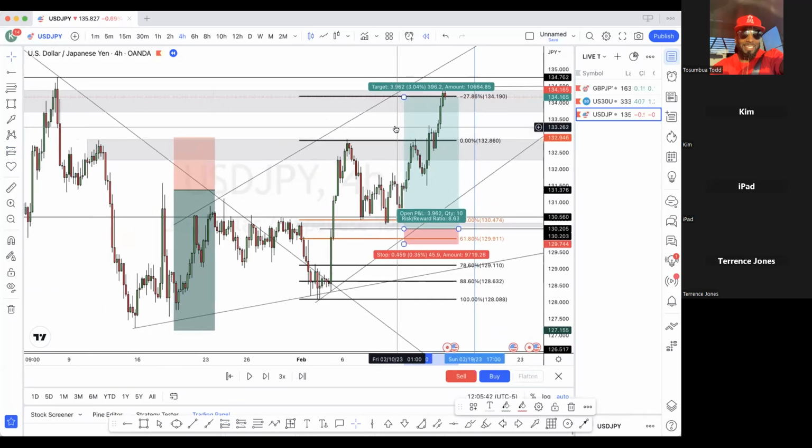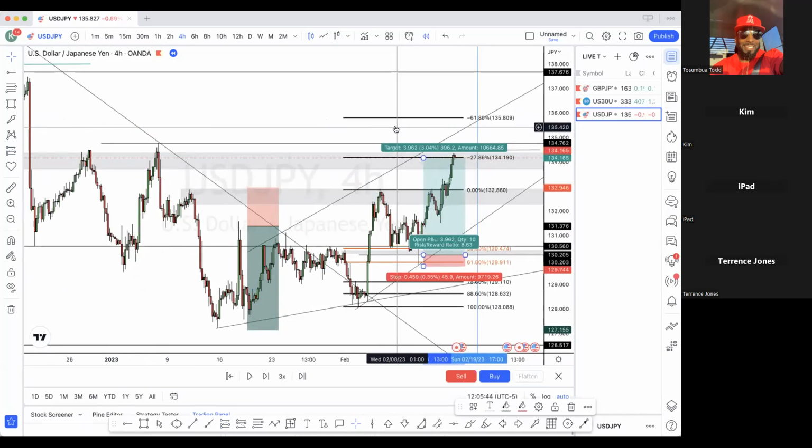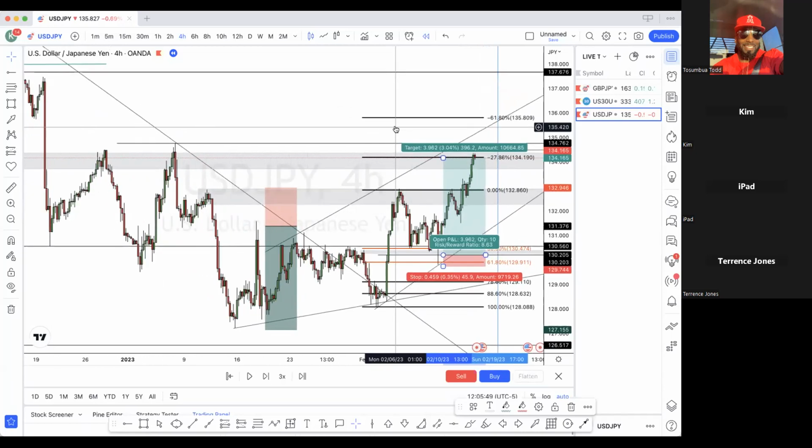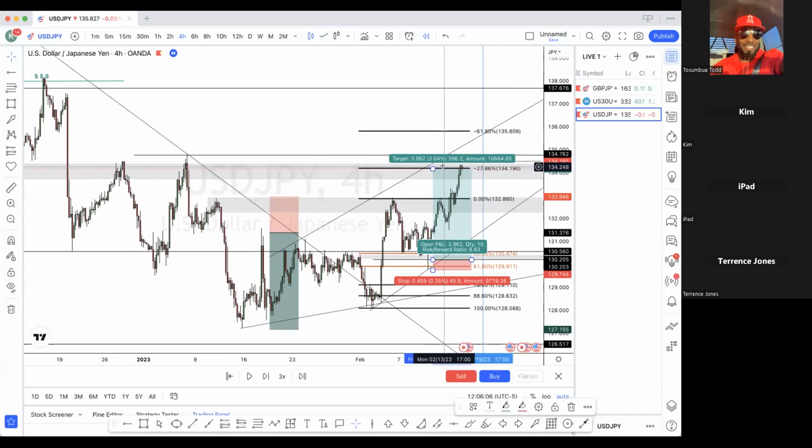And then, how long does that take to see your setup on the higher time frame? It may take some time. I don't look to trade every day. Like I know I'm not always going to be in a trade every day. I'm not looking to trade every day. I mean, if I can get a trade in every day, but